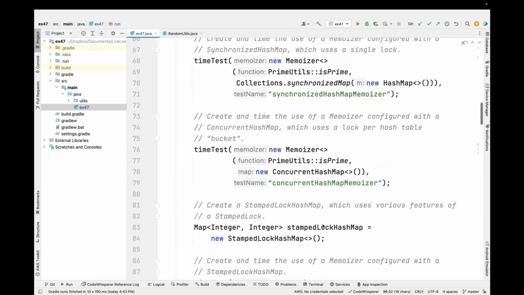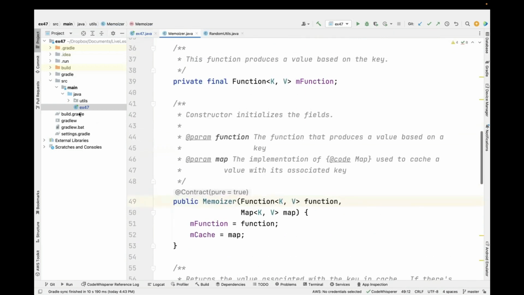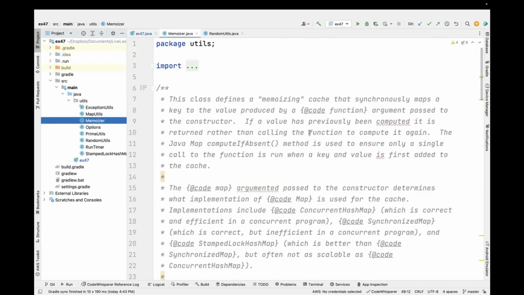What I'm going to do in the rest of this first video is show what the memoizer is. And then we'll stop and we'll do the next part of the video and we'll talk about some other parts. So let's go take a look at what memoizer is. So you can see memoizer comes here in the utils folder, and it defines what's known as a memoizing cache